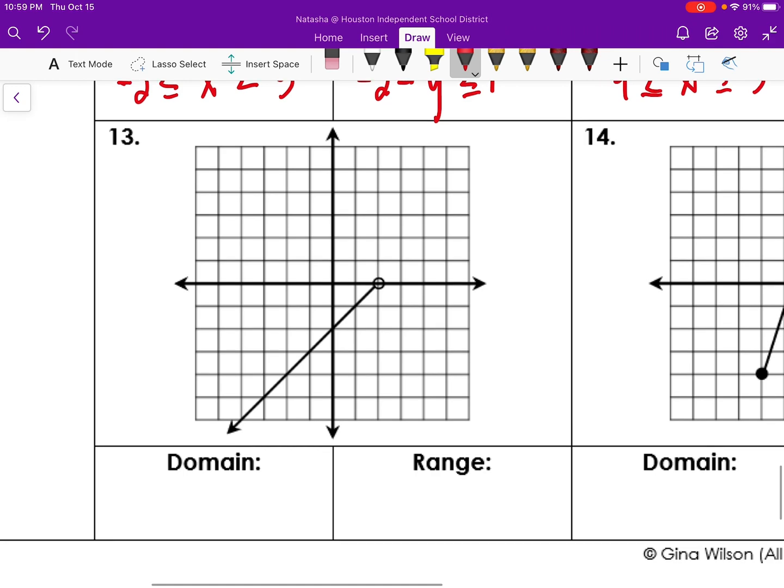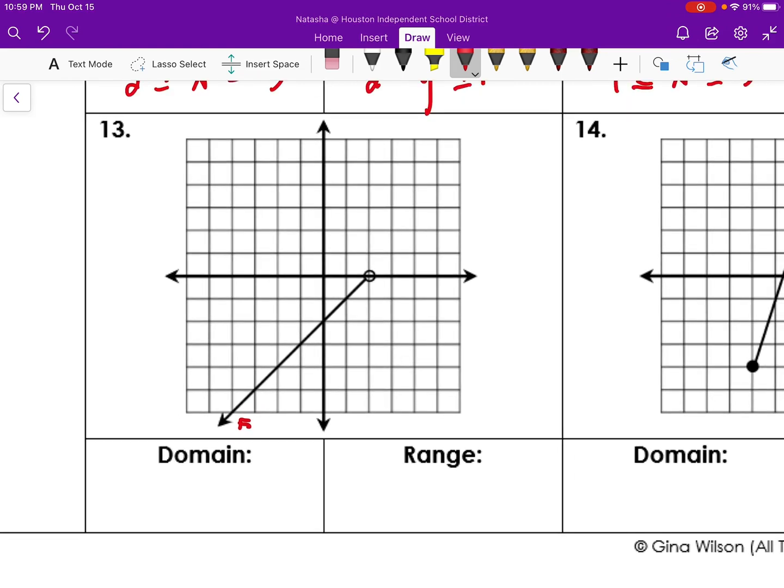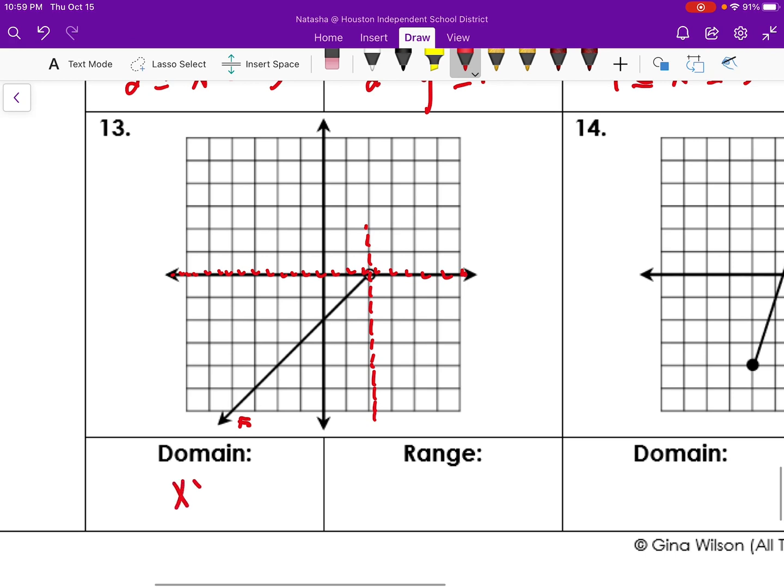And the last two questions. Number 13. So number 13 is kind of tricky because, again, that open circle. And then we also have that arrow right there. So that means that our maximum y value is going to be dotted, and same with our minimum, no, that'd be our maximum x value. So if I'm talking about my domain, x is less than 2. Our range is y. So range, we're talking about down. So y is less than